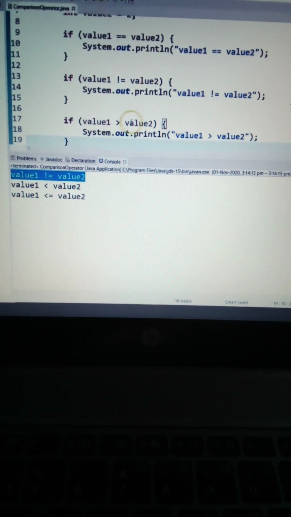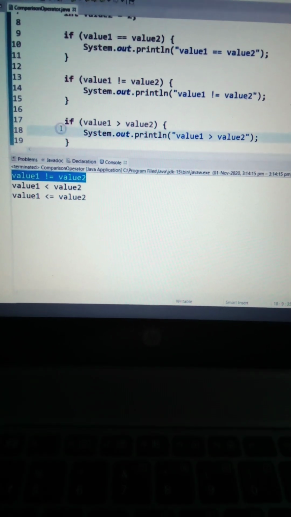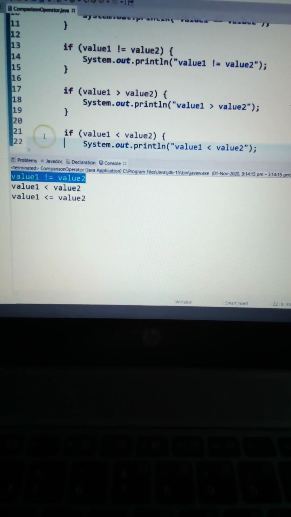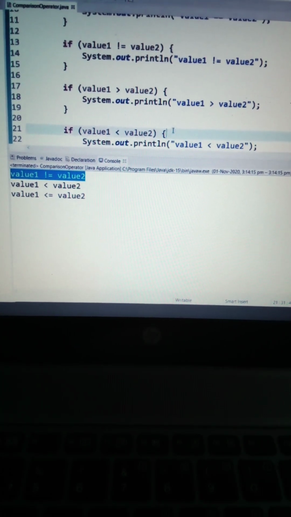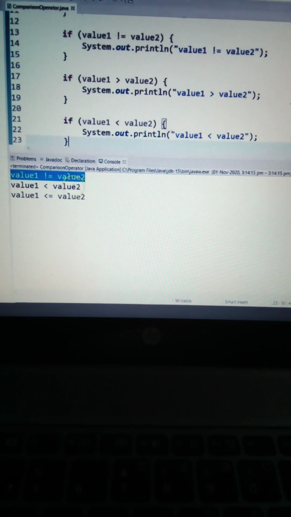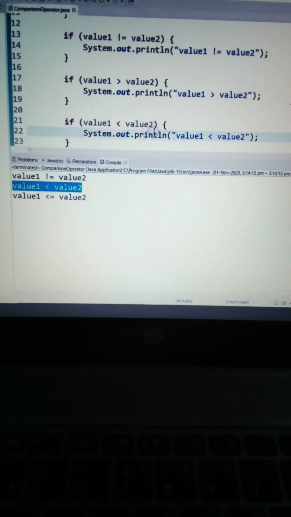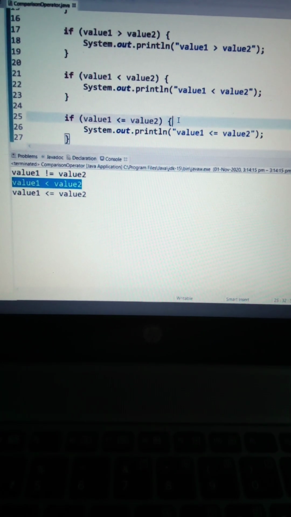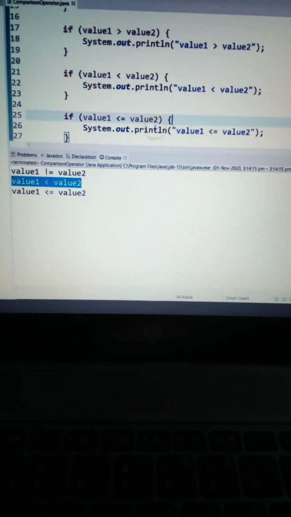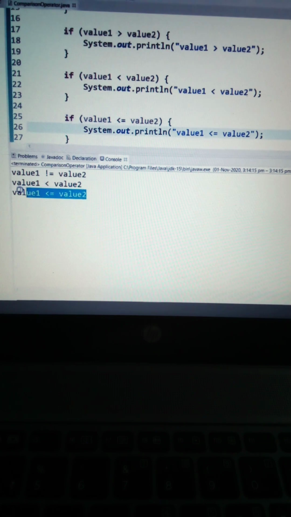We see this printed. Moving on, is value1 greater than value2? So is 1 greater than 2? No, it's not. So line 18 will never be executed. Then the next one is value1 less than value2? So yes, 1 is less than 2. So line 22 will be executed, and we see the line 22 System.out.println output here. Moving on, is 1 less than equal to 2? Yes, 1 is less than equal to 2. So this particular condition is also true, and line 26 will be executed, and that's why we see this here,